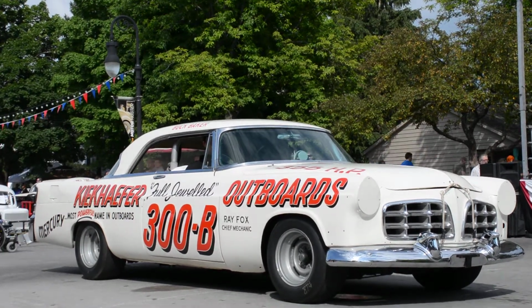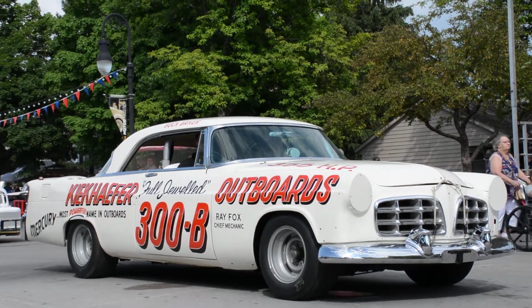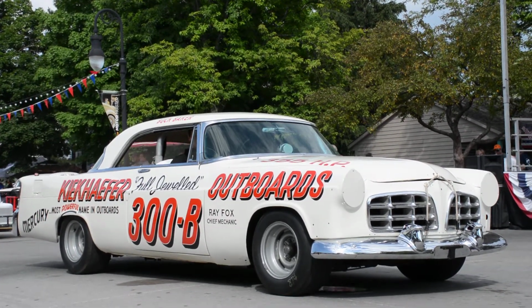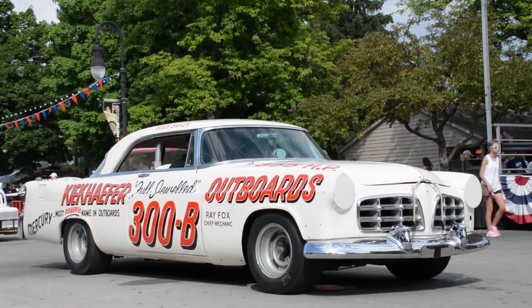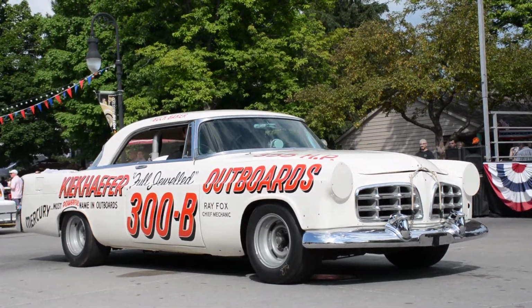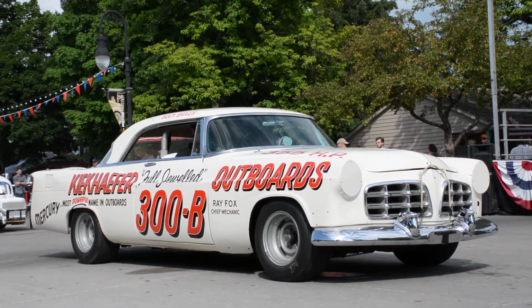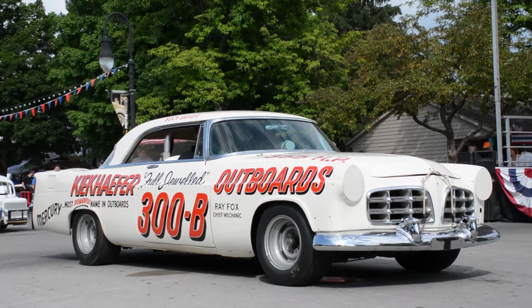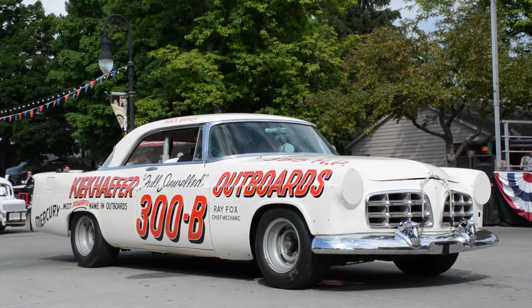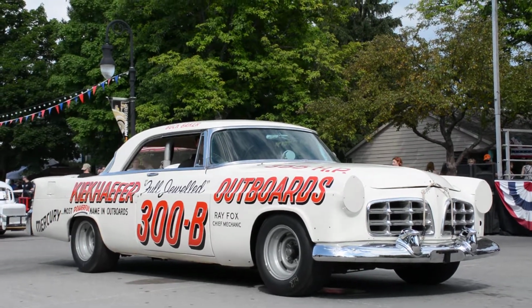And that leads me to an interesting anecdote about one of Kiekhaefer's drivers, a fellow by the name of Tim Flock. So far as I know, he's the only NASCAR driver to date who has ever driven races with a monkey as a co-pilot. He actually had a rhesus monkey by the name of Jocko Flocko, who rode with him, I think, on 10 races. The last race didn't go so well. The monkey pulled open that firewall trap door, poked his head under there, and basically freaked out. And the only thing worse than driving